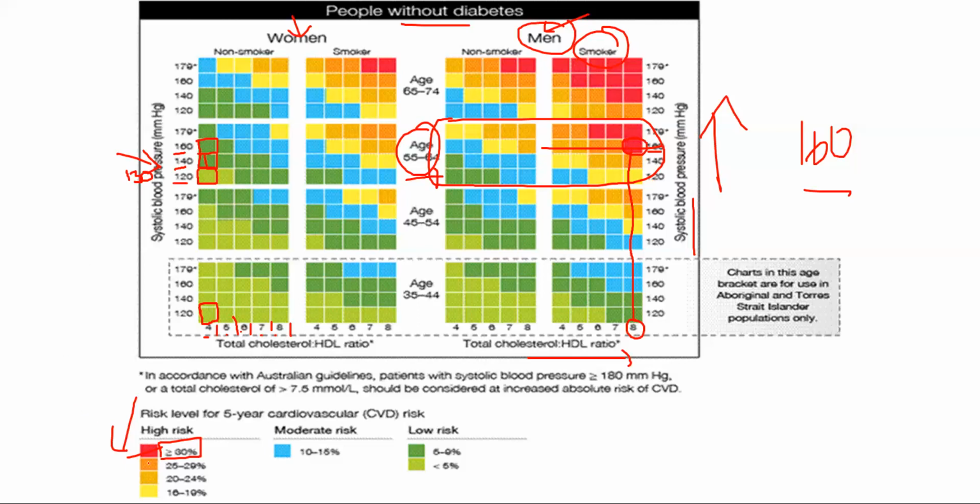And I compared this red box according to the chart, and it shows that the red color means you have more than 30% risk of having a cardiovascular issue in the next 5 years. And more than 30% means it's a very high risk. I'm very sorry to tell you that, but it's not that I'm scaring you. The good thing is that now we know your risk and we can treat you accordingly, and we can prevent any complication that could happen from this high risk situation.